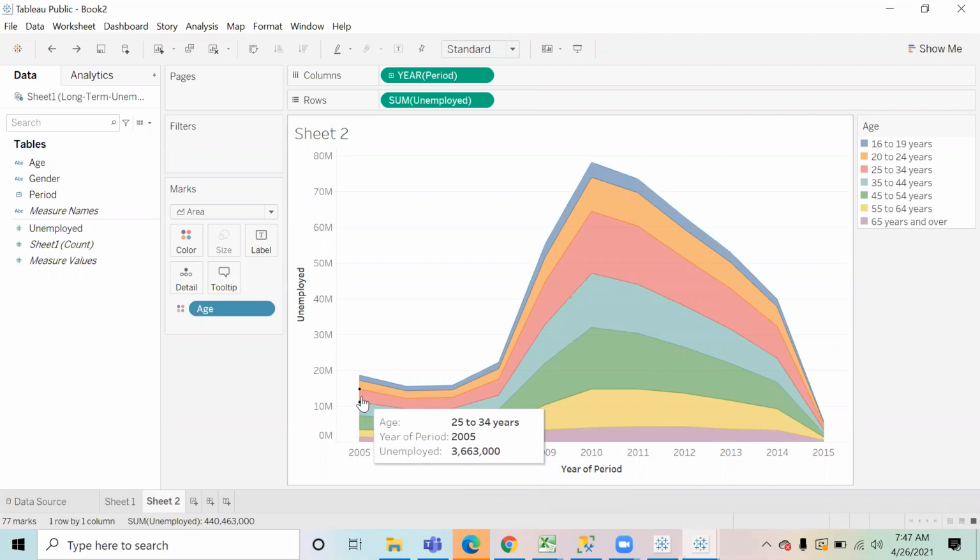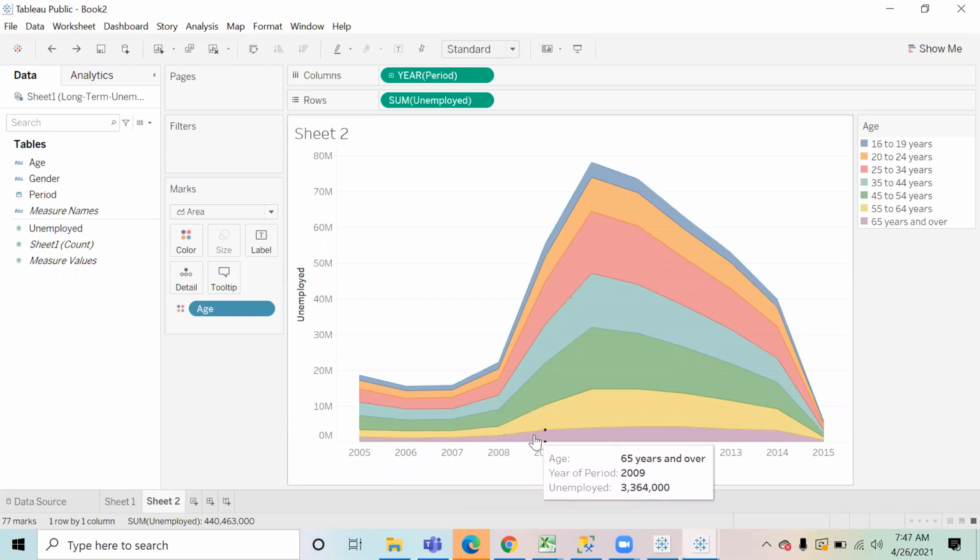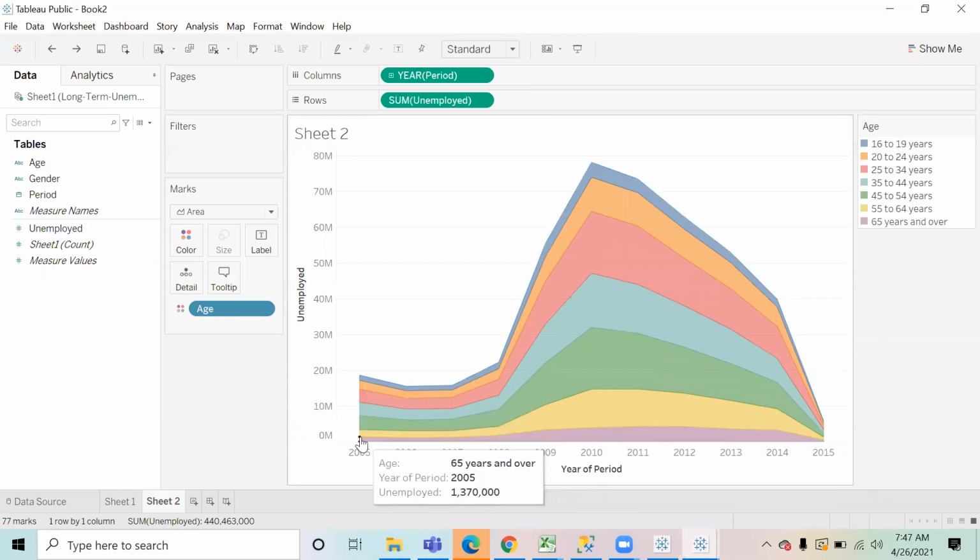No, in this it is actually on top of each other. Above one, above the other. Yeah. Basically, if you try to see now, first of all, they have shown us the total unemployment for 65 and over. Okay. So in the 65 and over, in the year 2005, there were how many? 13,70,000 people who were unemployed. 13 lakh, right? In 2005. And in 2006, there were around 10 lakh people who were unemployed. And then there were again 12 lakh people who were unemployed.